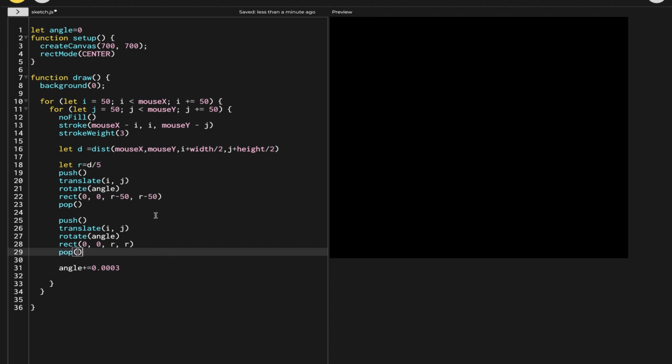although they have the same values. But that doesn't affect anything, because inside the push and pop, whatever code you have written, it will consolidate it. It will not let it affect the other code. So let's see what will happen now when I do this. Now you can see